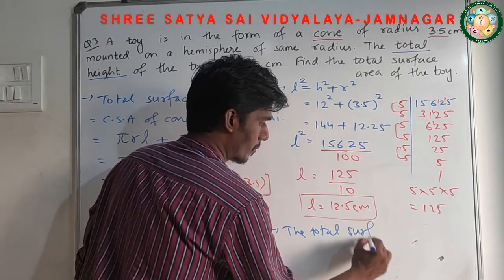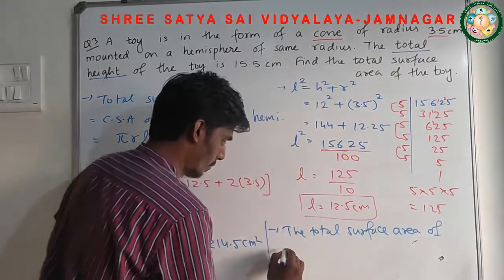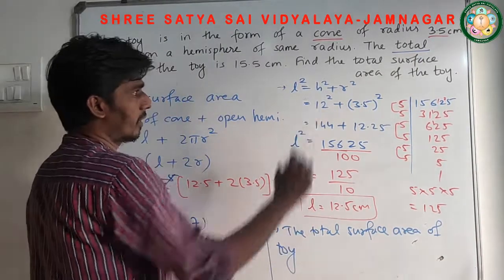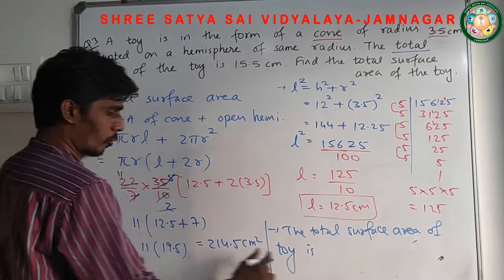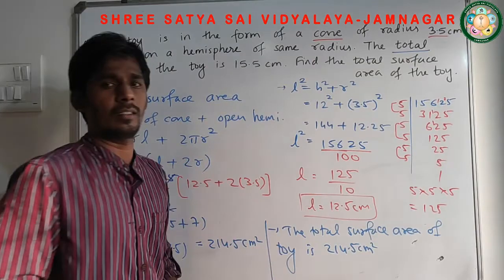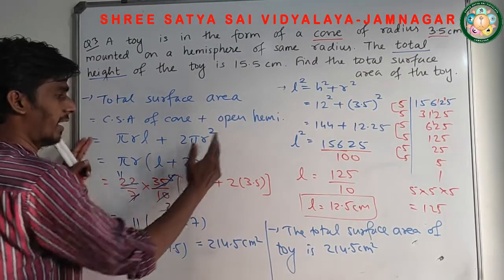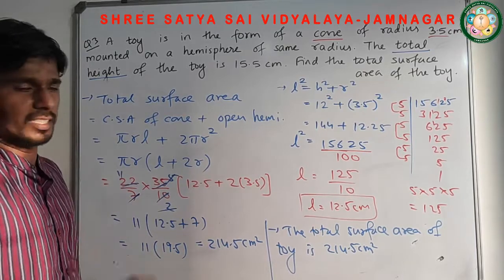Total surface area of toy is how much? 214.5 centimeter square. Better, once I write down this formula, when you get to this point, just pause this video